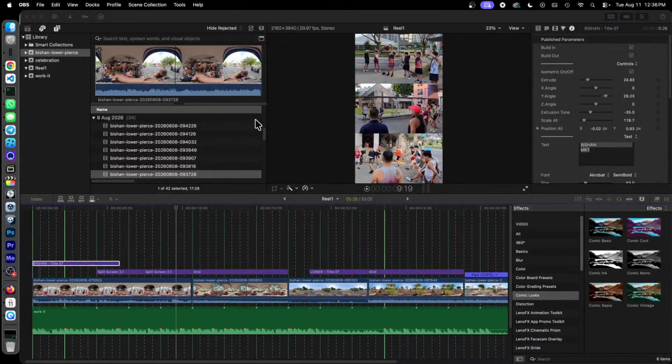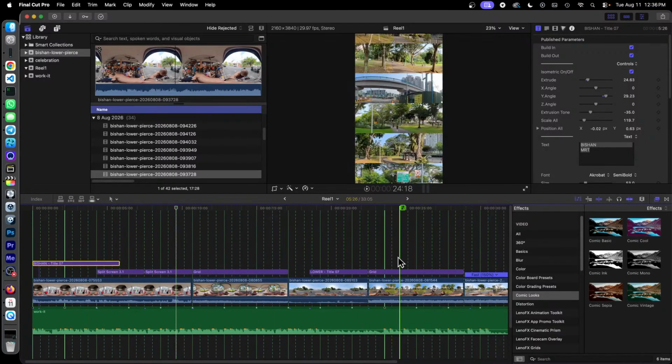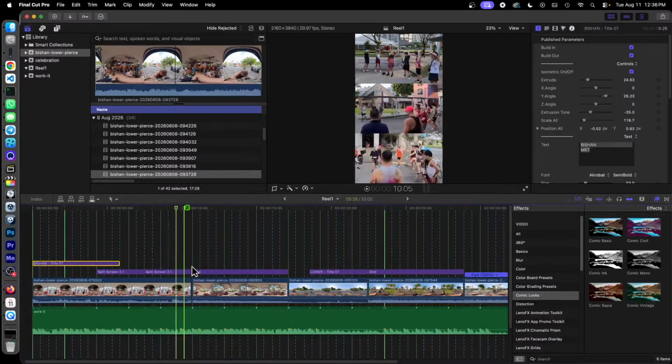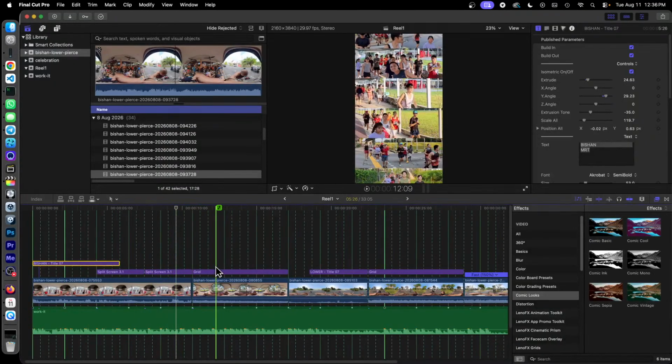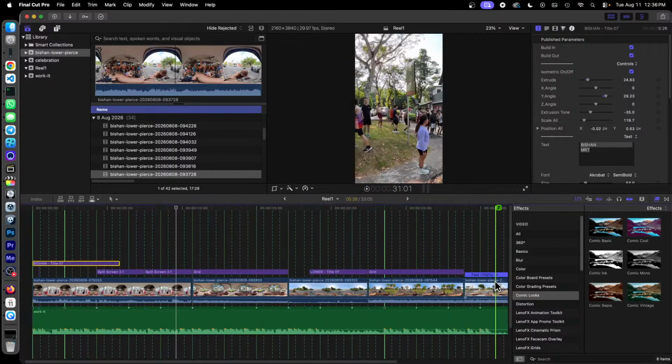Today, we shall edit the second part of our video for the Bishan-Lower Pierce run for the Singapore front runners. This is what we've done in the last video. We've created the first part of a video that features the intro, the warm-up, some running, and the finishing point. In this second part of the video, we will focus on the cool down